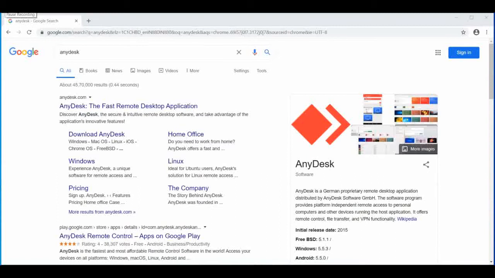Today I'm going to guide you through something about AnyDesk. Let me tell you some key points of AnyDesk and what the advantages of using AnyDesk are in a remote location. Using this application you can access your remote device anytime from anywhere. All you need to do is install AnyDesk on the remote machine.